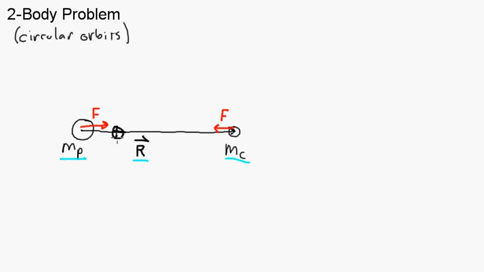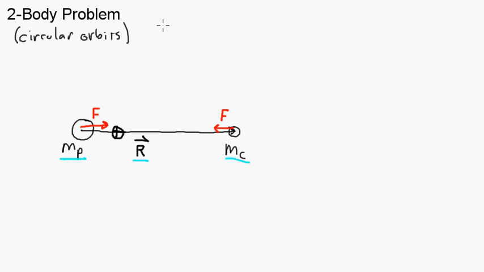What happens if these two bodies are just interacting with each other? If it's a closed system and Pluto and Charon aren't being significantly affected by outside gravitational forces, or maybe you could say the sun is really far off and they're both orbiting the sun together, but they're both being pulled with the same acceleration from the sun's gravity, so you can cancel all that out. But if we take a reference frame that's just fixed on the center of mass,